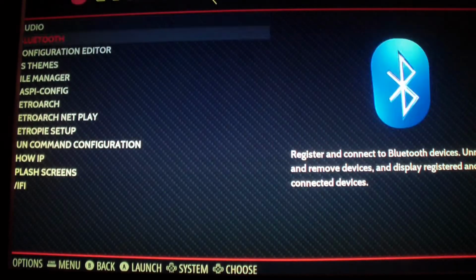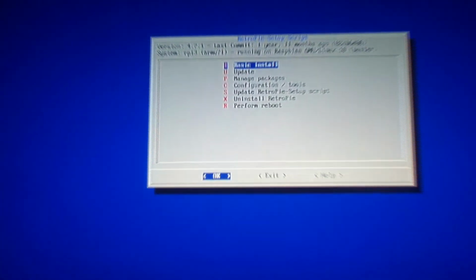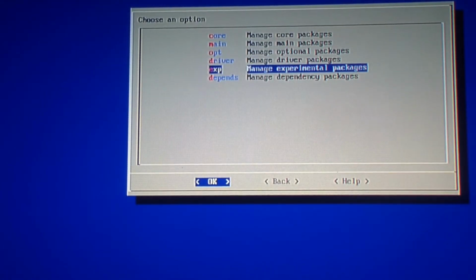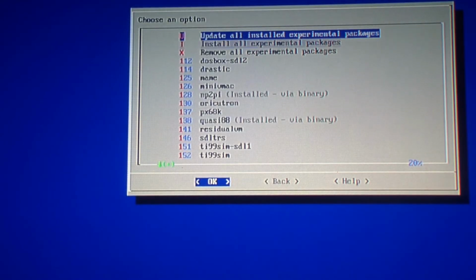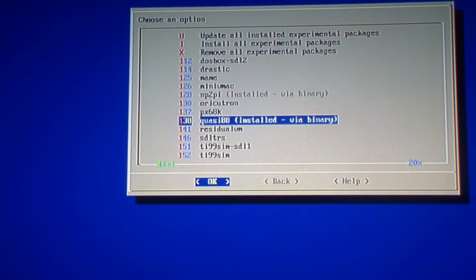So go into the Retropie area like that. Go to Retropie setup. You have to first install the emulator in order for you to use it. So next thing you do is you go to binary. Let's try XP or experimental packages. Maybe it's in there. Oh, here it is. It's called